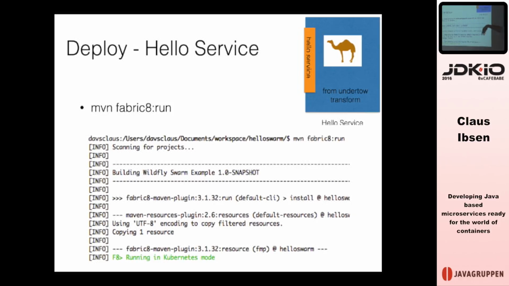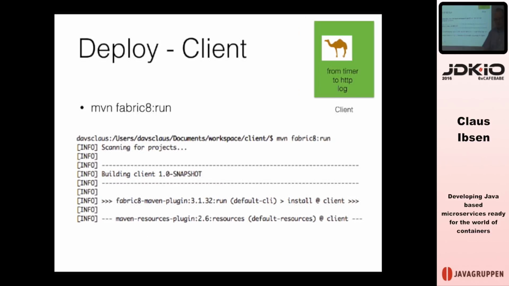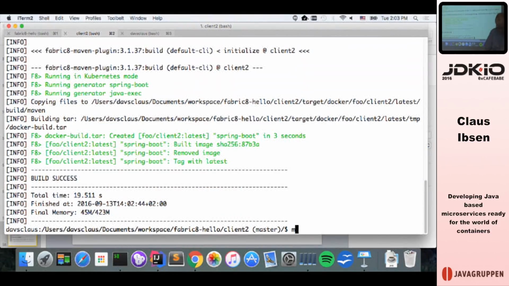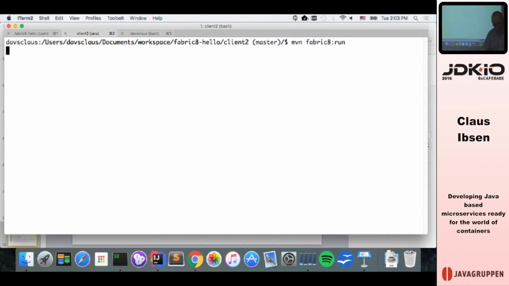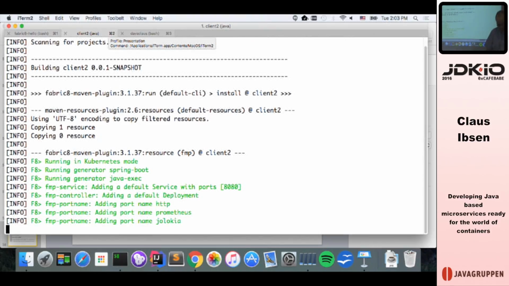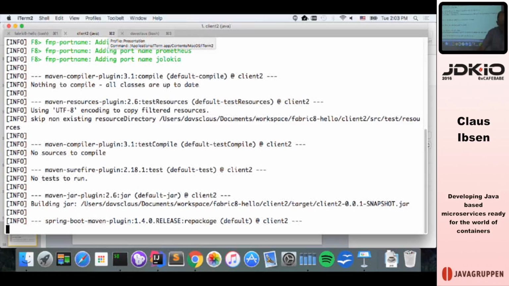So you just type mvn fabric8:run, and you can do that for the client and the server. Of course, I've done it for the server, so let's just do it for the client. Maven fabric8 run. And now it starts to deploy that one.